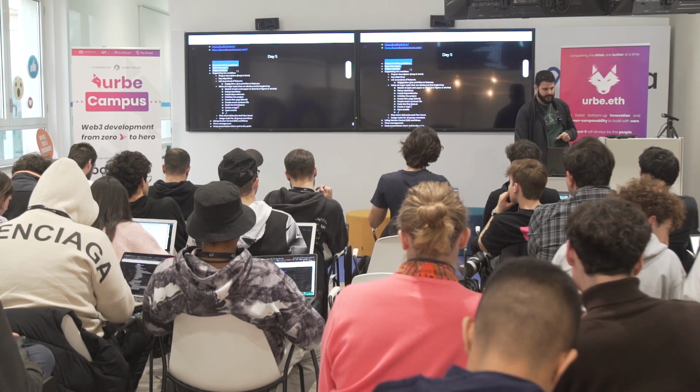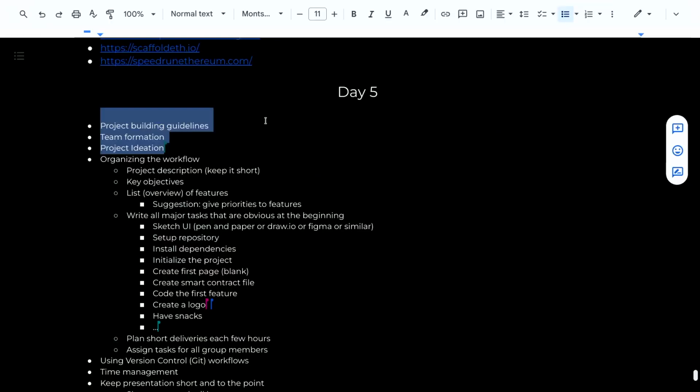Doing those three, you're good to go. You could start hacking already. I have a suggestion on how to organize your workflow, okay? This is my suggestion, but